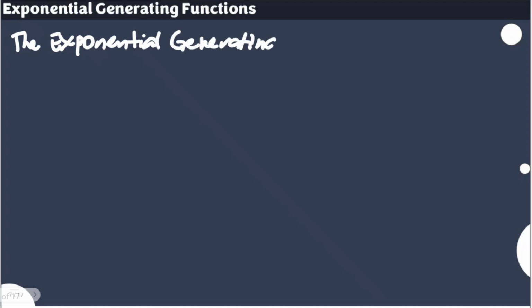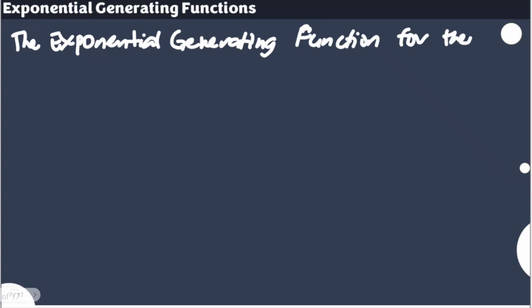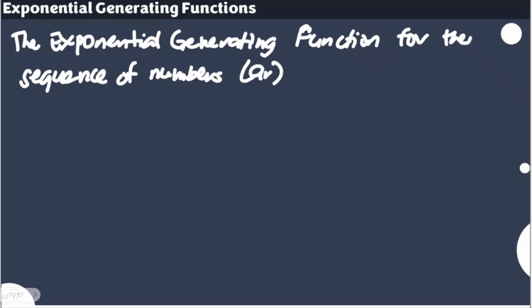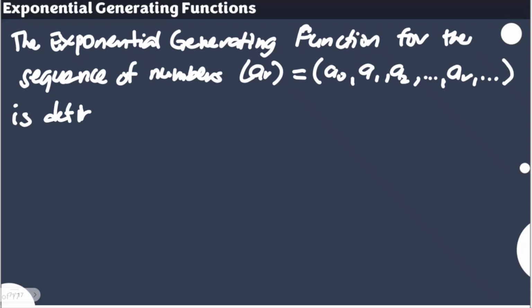So this is how we define the exponential generating function for the sequence of numbers. Similarly, we can have a sequence of numbers, let's say a sub r, which gives us a sequence a sub 0, a sub 1, a sub 2, and up to a sub r, and so on and so forth, is defined to be the power series